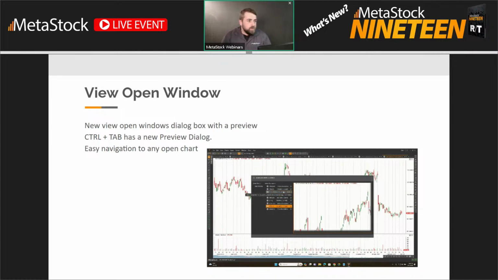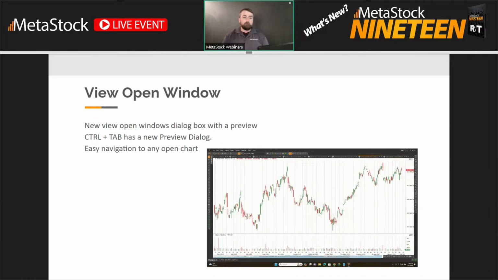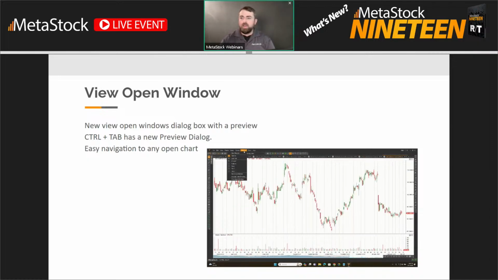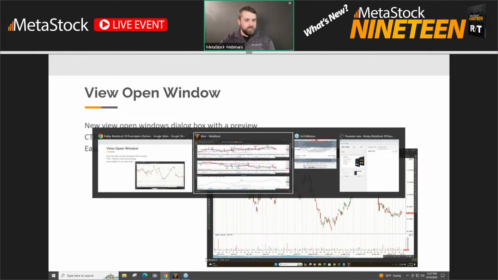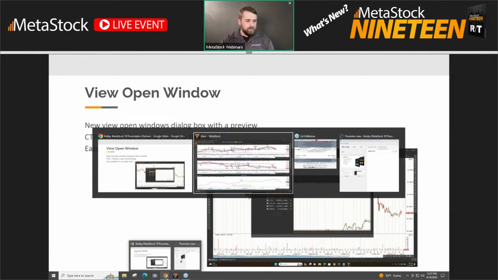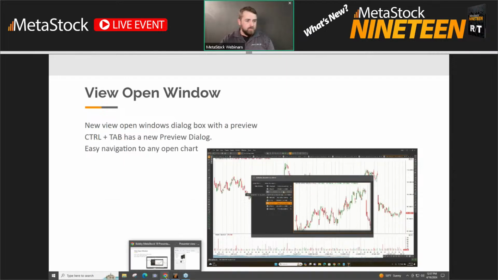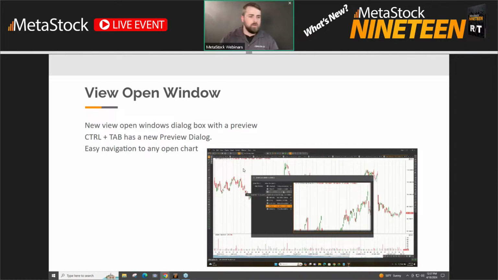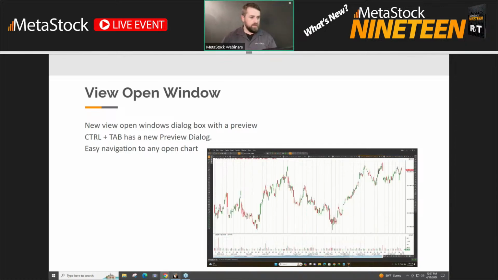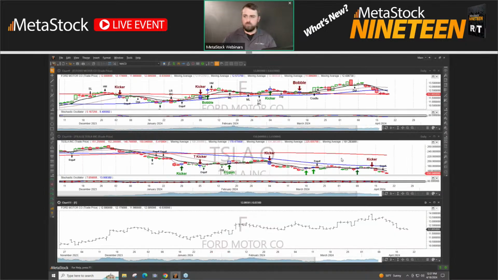View Open Windows. There are new ways to look at the different open windows inside of MetaStock. Let me get this opened up, and let's also open another layout.